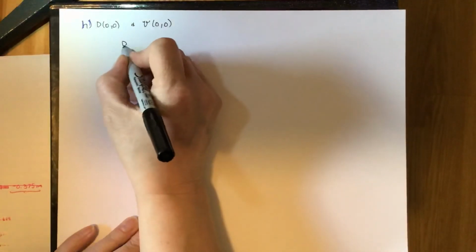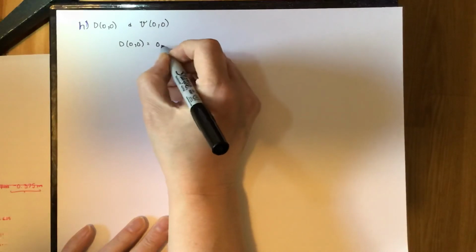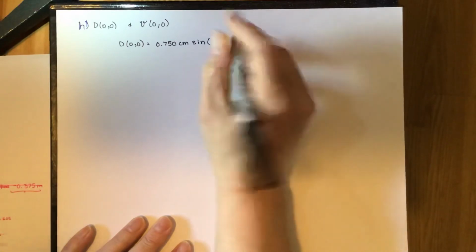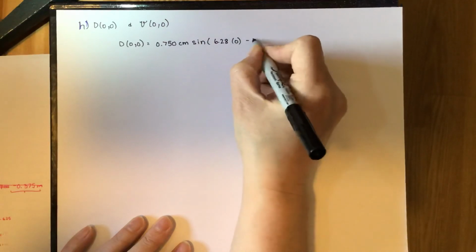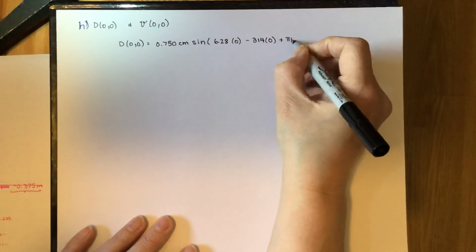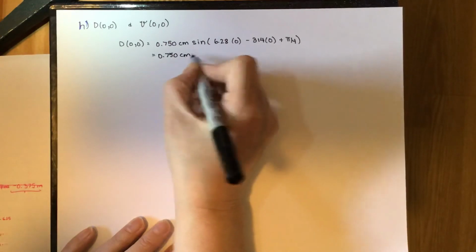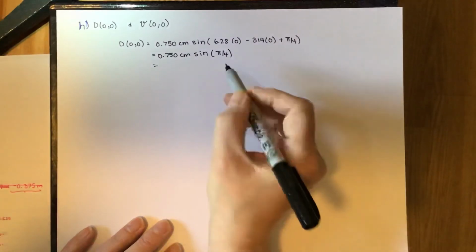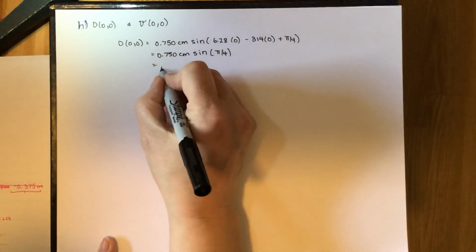So d of 0 and 0 means we fill in x and t equals 0. So it's 0.750 centimeters times sine of 6.28 times x minus 314 times t, both of those are 0, plus pi over 4. You can put this in your calculator. If you do, make sure you're in radians mode, and we get 0.530